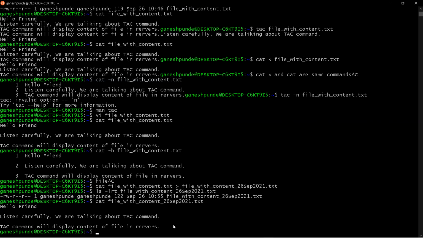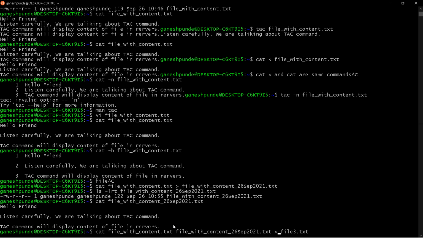Now in some cases you want to move the content of multiple files into one file, right? For example, we have file with content.txt, then we have file with content underscore 26, this one, and I am saying create file 3.txt, right?